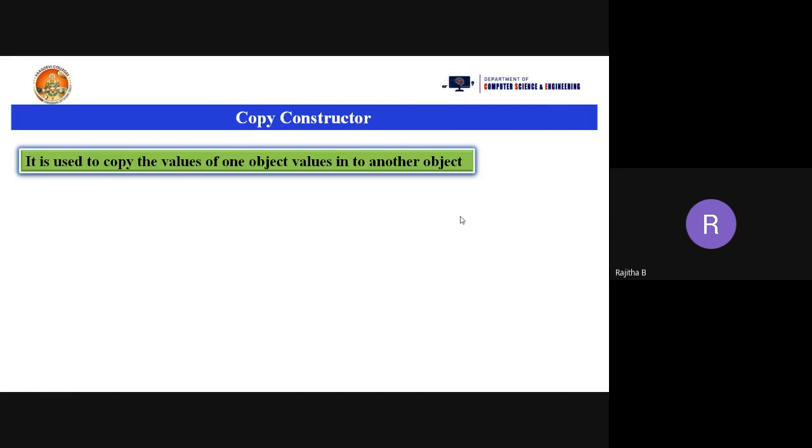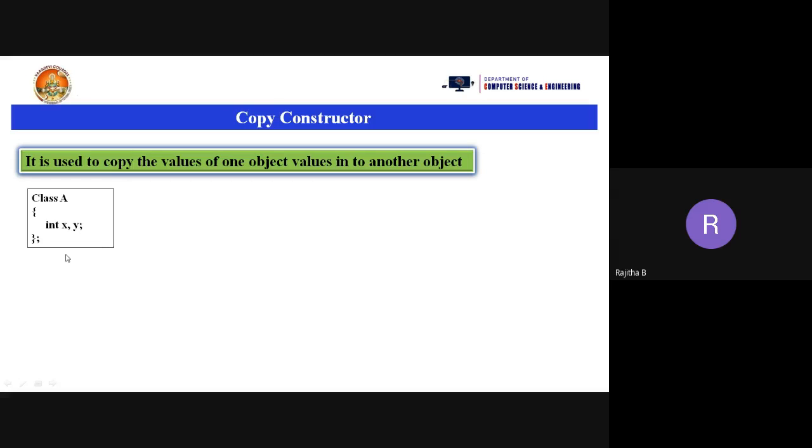Now suppose I am taking a simple program. It is not the actual program, just for understanding purposes. I am taking a class here and the class name is A, and I am taking two data members X and Y, and the type of data members is integer, and I am closing the class here.